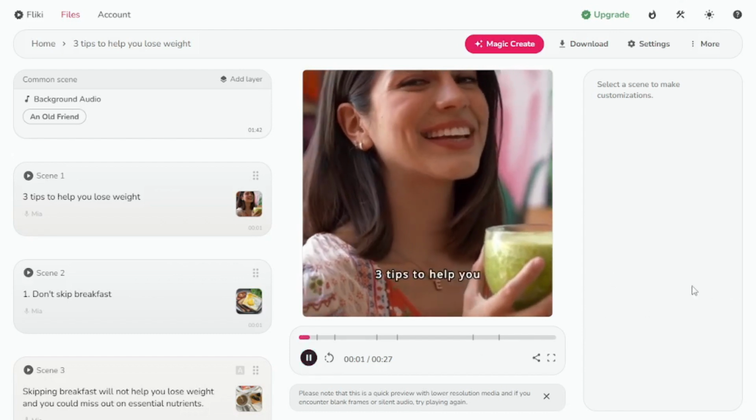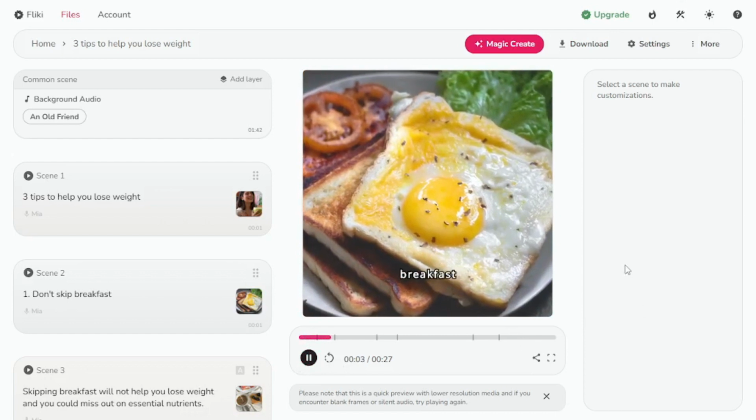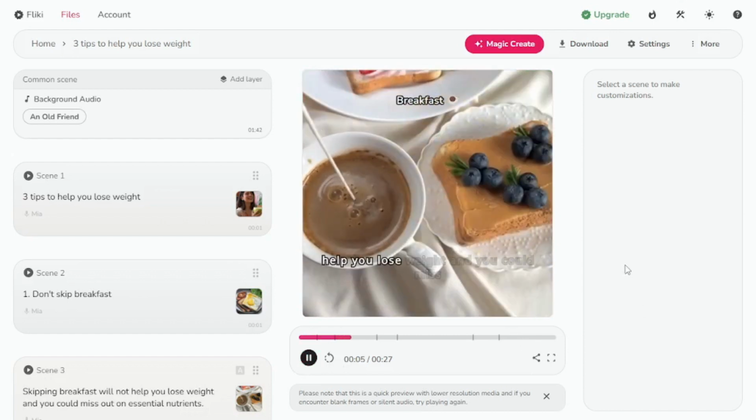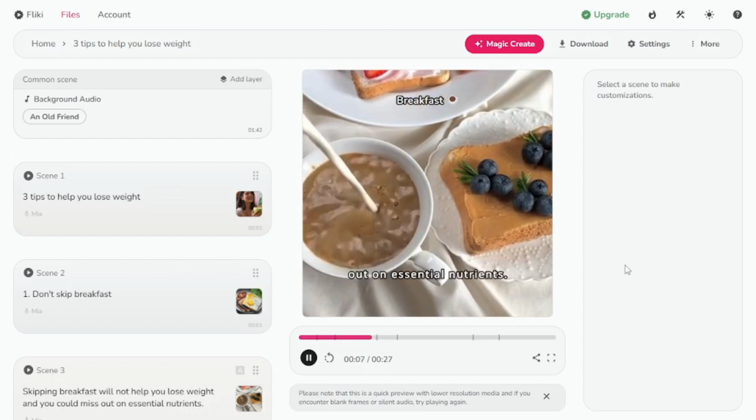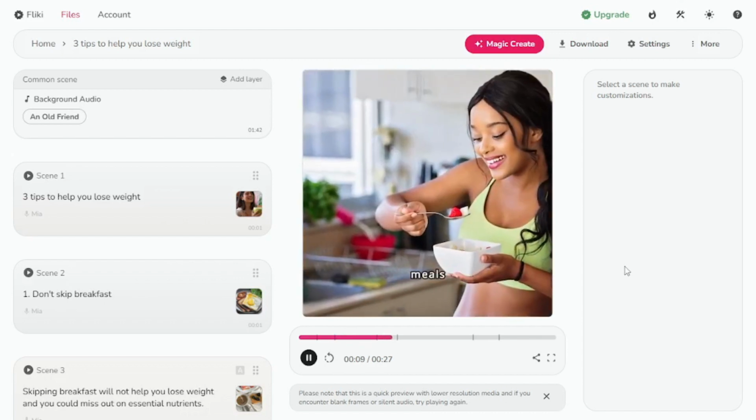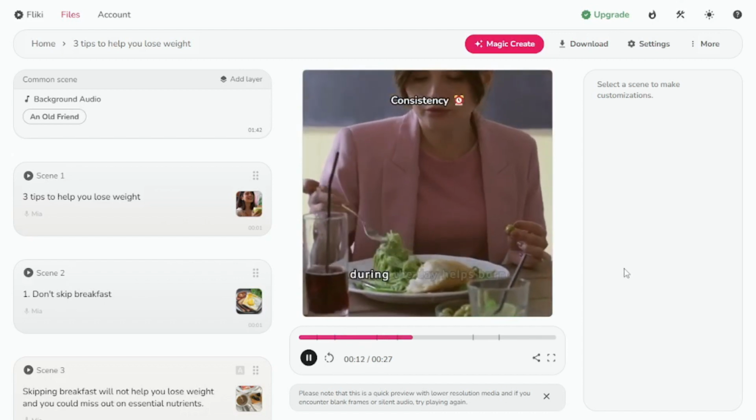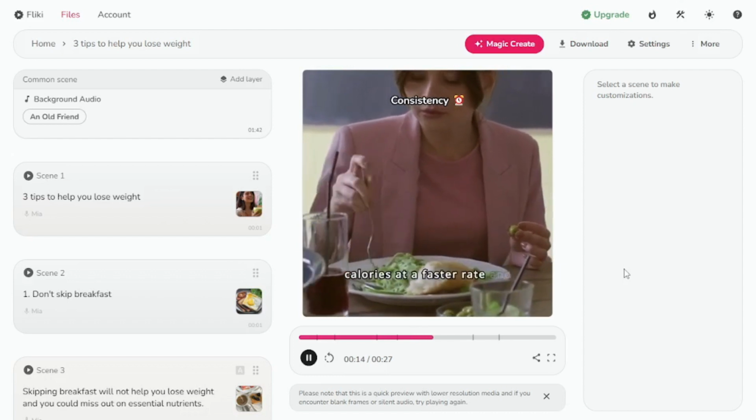3 tips to help you lose weight. 1. Don't skip breakfast. Skipping breakfast will not help you lose weight, and you could miss out on essential nutrients. 2. Eat regular meals. Eating at regular times during the day helps burn calories at a faster rate and reduces